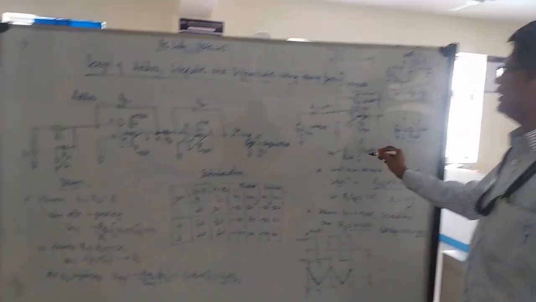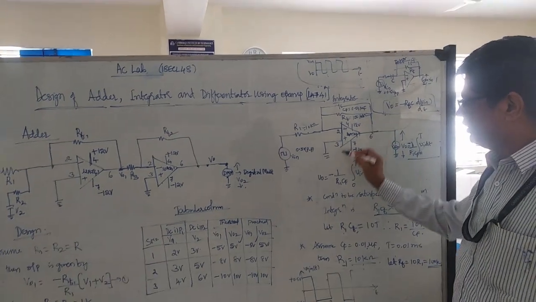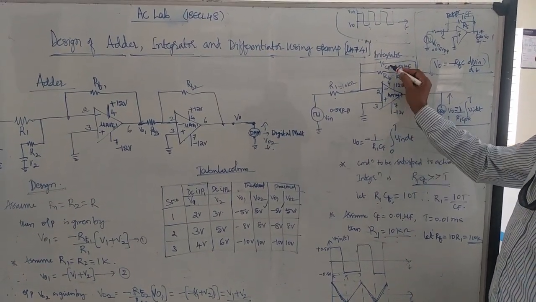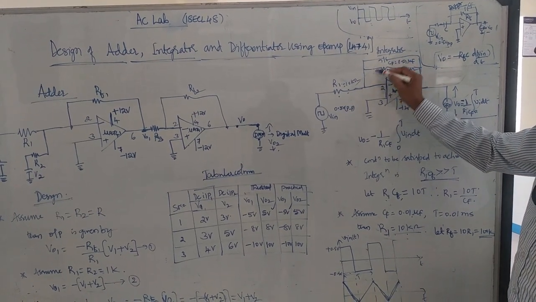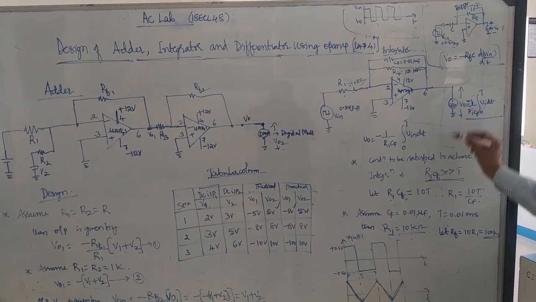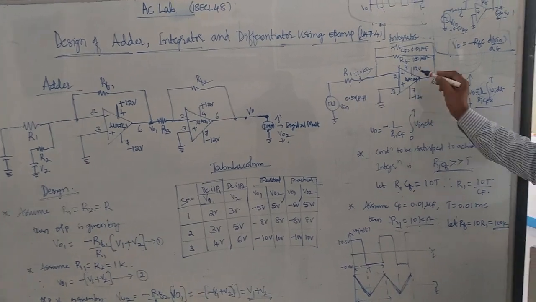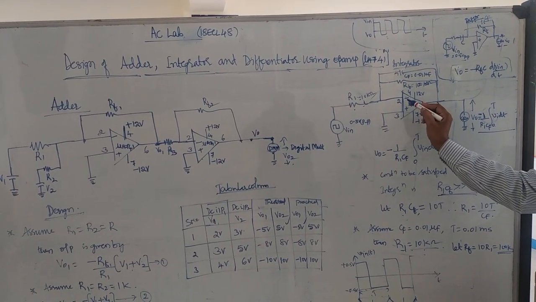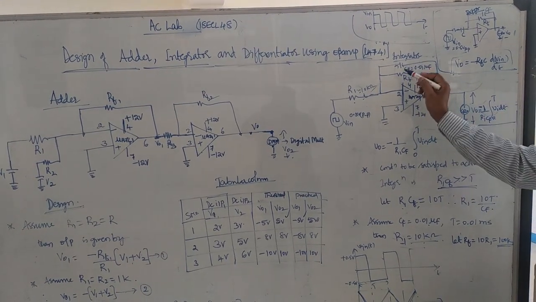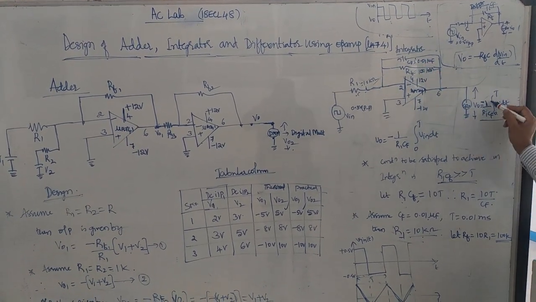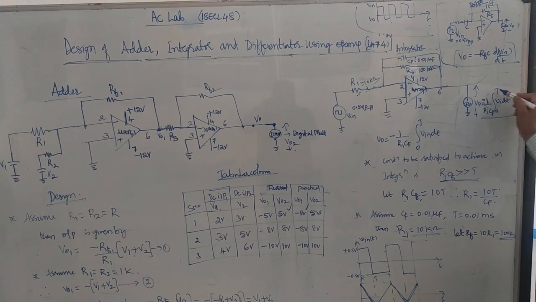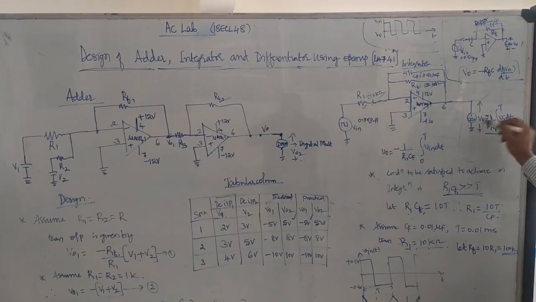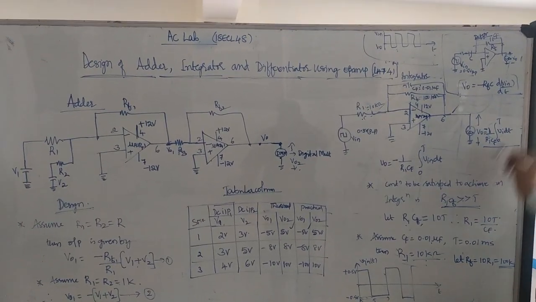Similarly, now come to the integrator. This is the circuit. The op-amp has R1 of 10K, RF is the feedback resistor, and we are also giving CF. These two, R and CF, are important, because the output of this op-amp is given by this formula: minus 1 by R into CF, times the integration from 0 to T of V input dt. Whatever input is there, you integrate it and you will get this output.